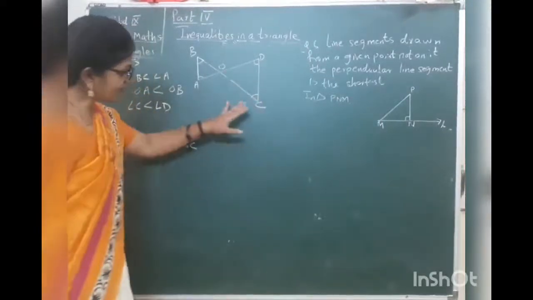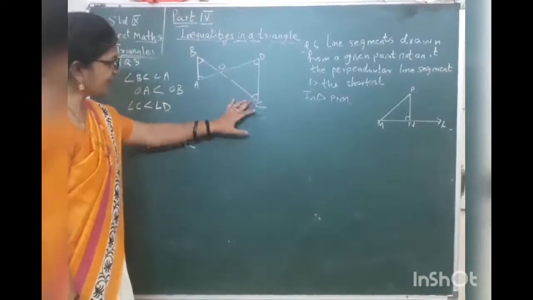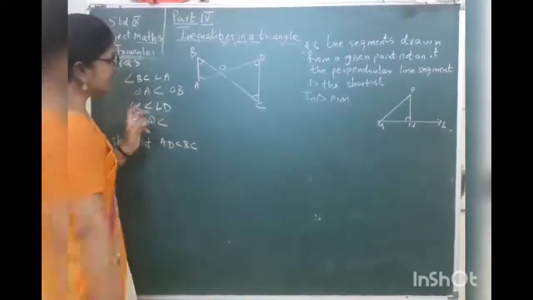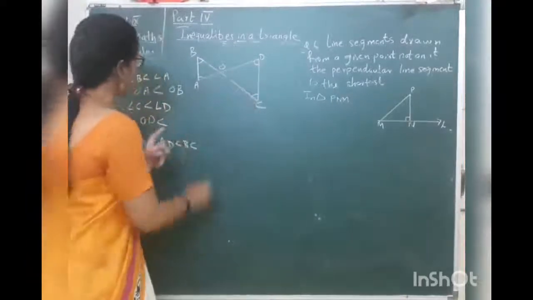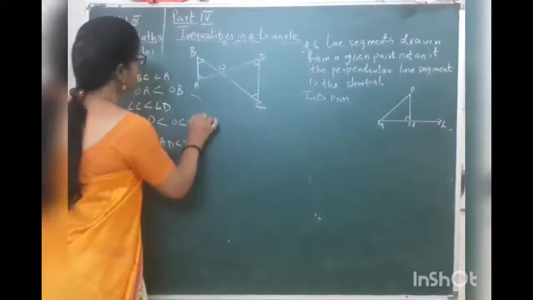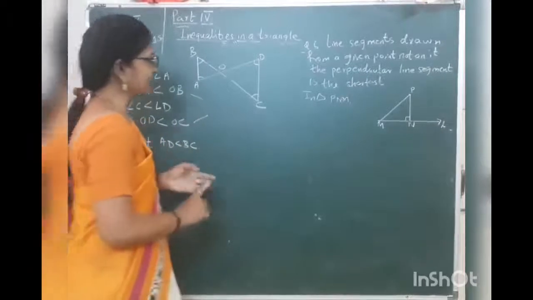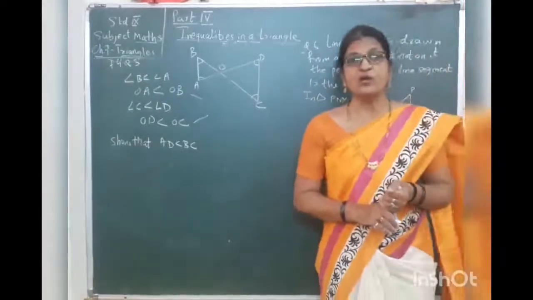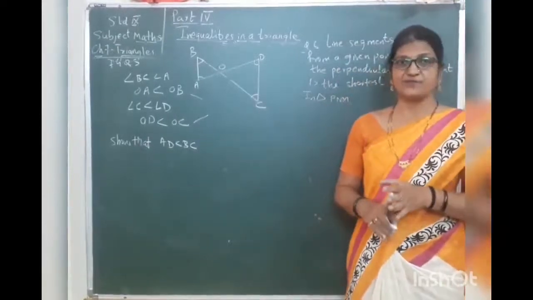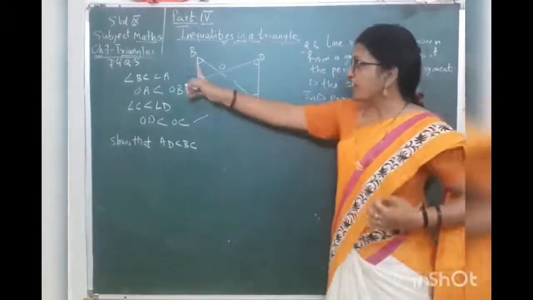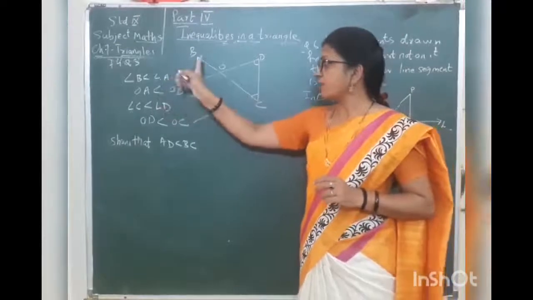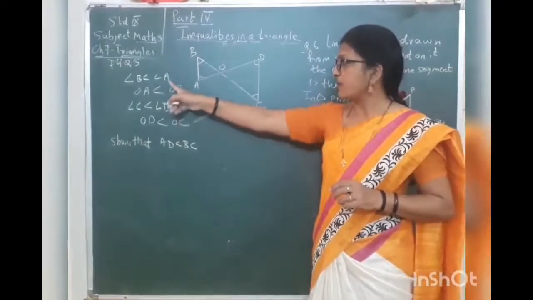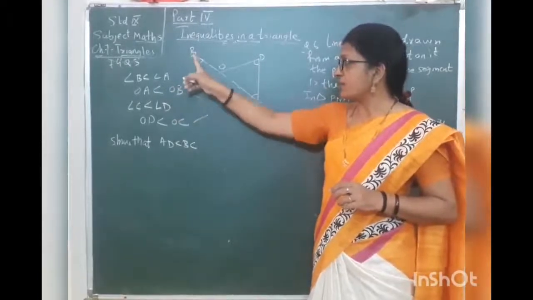So which is the side opposite to angle C? Side opposite to angle C is OD. OD is less than, which is the side opposite to angle D? OC. Now for both these we are using the theorem that the sides which are opposite to larger angles are larger or longer. So angle B is smaller than angle A, so side opposite to angle B is OA. OA is smaller than the side opposite to angle A, that is OB.